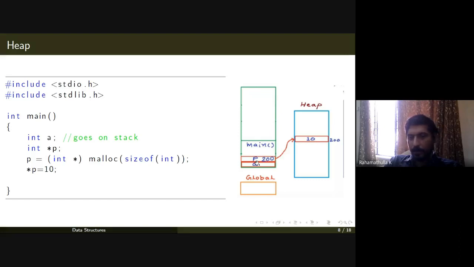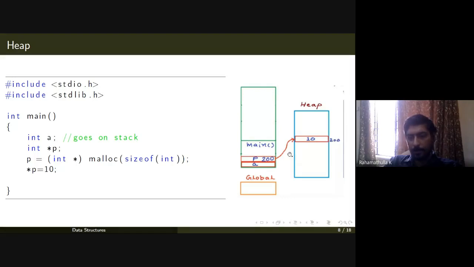Let's say you have allocated space for storing integer data. Let's say it takes 4 bytes in a typical system architecture. The addresses of the bytes are 200, 201, 202, and 203, and the address of the first byte is 200.